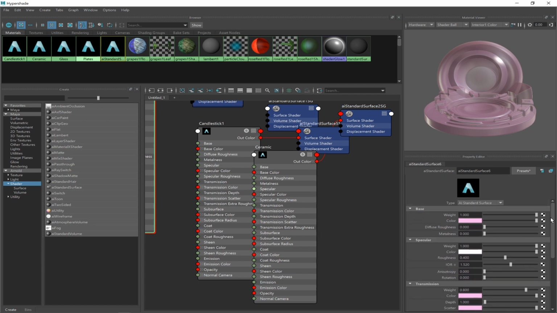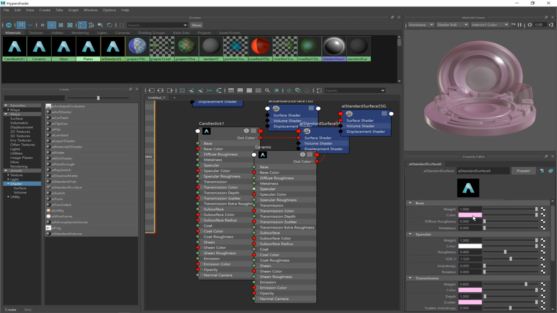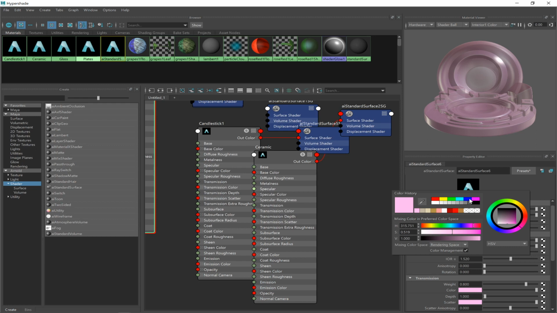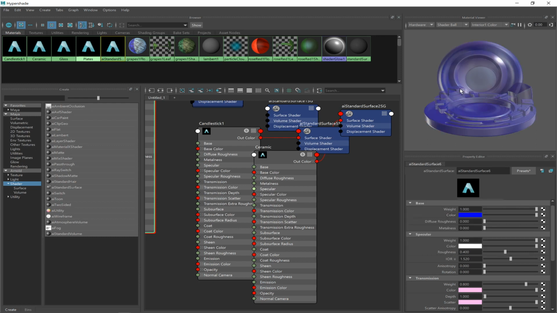Look. Now with this candle, I have not only base color, but we also have color in transmission and in scatter, which is a little bit hard to understand. But of course, base color is going to be your main color. Transmission is how the light both passes through and scatters inside of the material. So if I wanted to make the color blue, we'll go with blue. You know, we're getting really nice